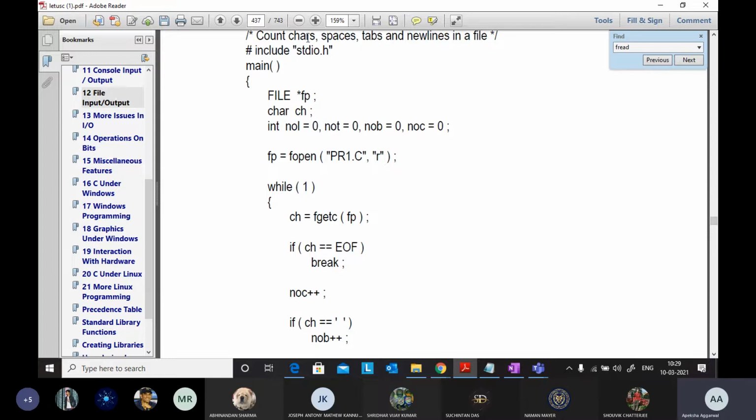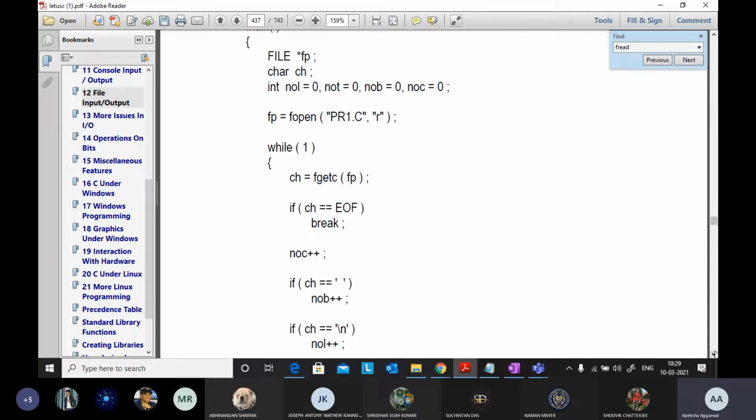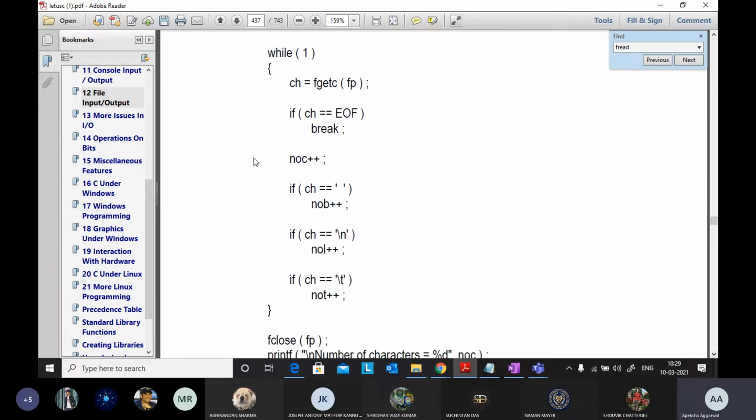So this is a program to count characters, spaces, tabs, and new lines in a file. To count them, you are running that loop infinitely, and if ch is equal to newline, you are doing NOL plus plus.